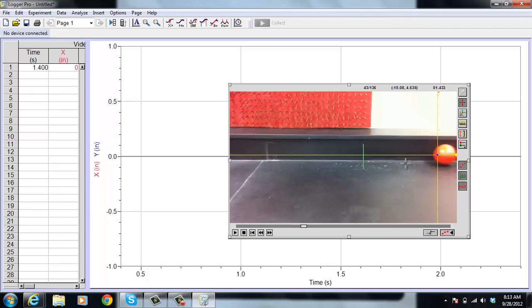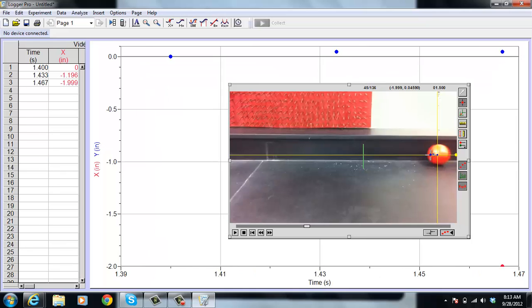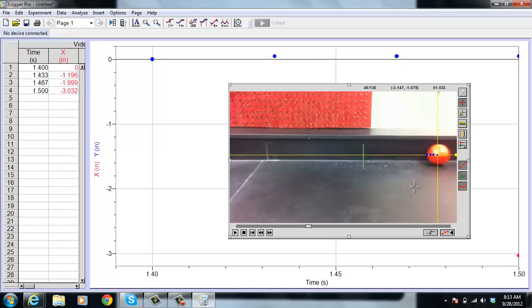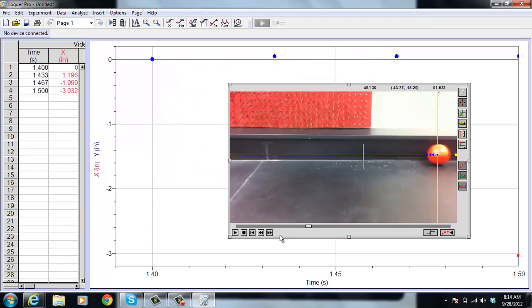So what I'm going to do is plot a couple points here. I'm going to come back to the front of the ball, and I'm going to add a point, and it advances again. Add a point, it advances again. Now some of your boats don't move too fast, so here's what I suggest: that you advance a couple frames. So instead of going just to the next frame, 2, 3, 4, 5, let's go 5 frames